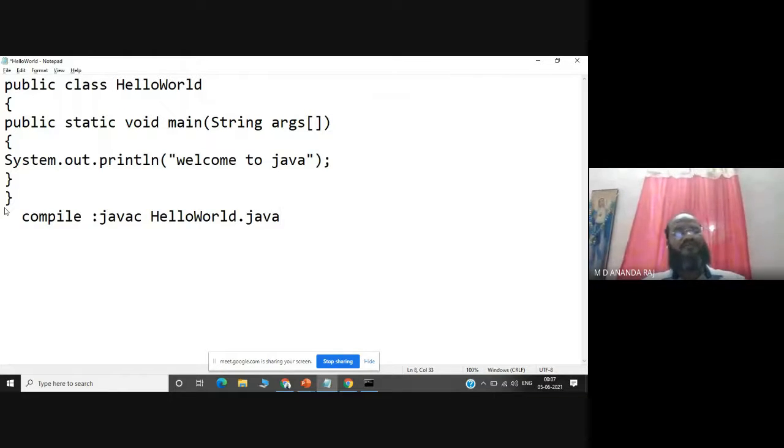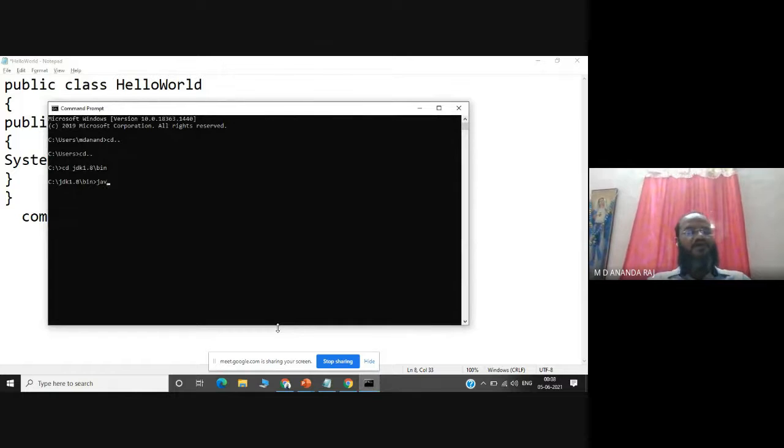This is the command we need to type. This command will check for mistakes or errors in your program. So I have to type it here: javac HelloWorld.java.